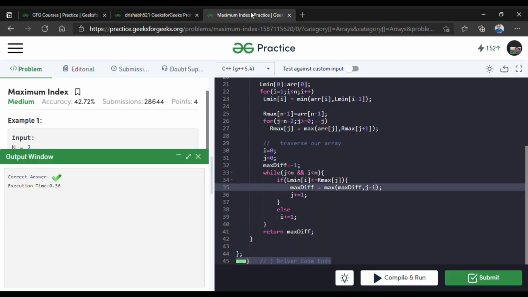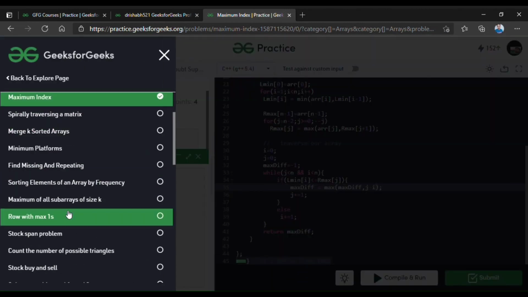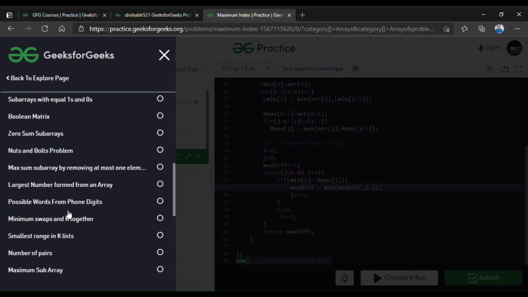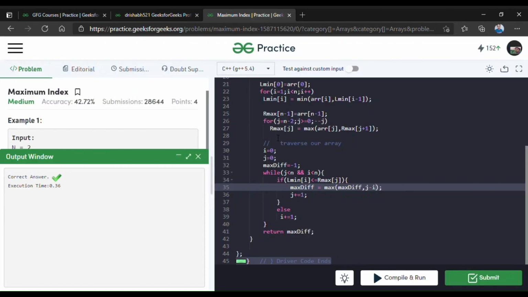You can definitely have a look at this awesome platform. So you can practice the questions here and make the best of it. Okay, after solving this, there are so many questions regarding the same set of problems, so you can definitely solve them one by one. So I strongly recommend you to make an ID at GFG practice, start practicing,